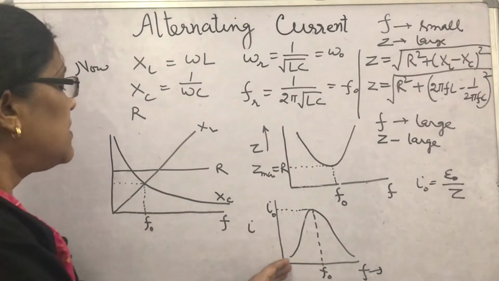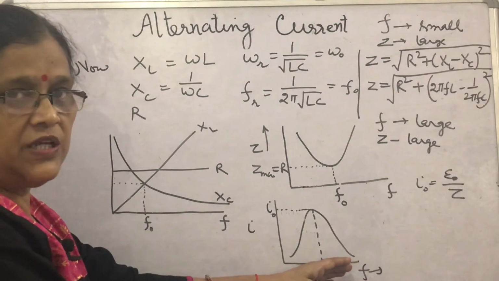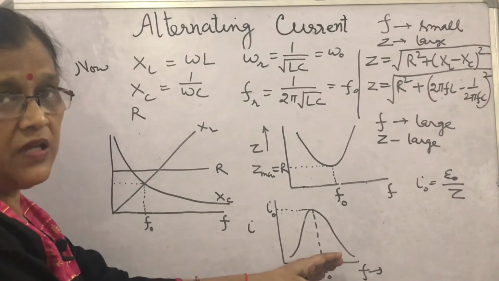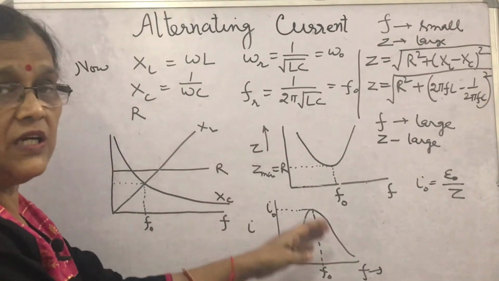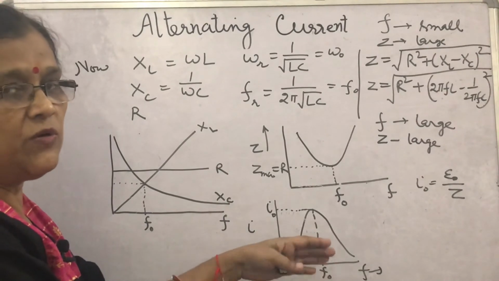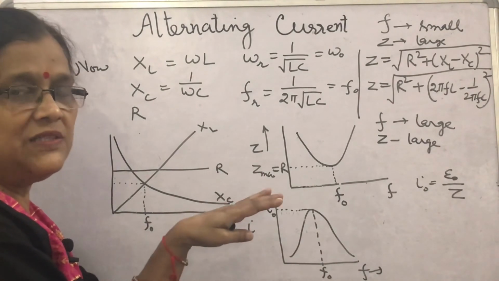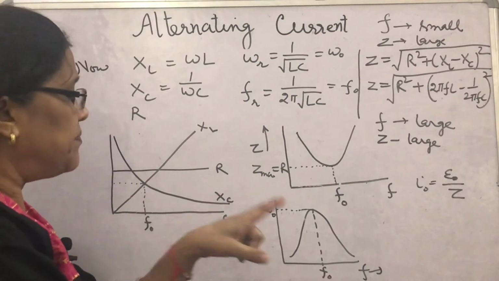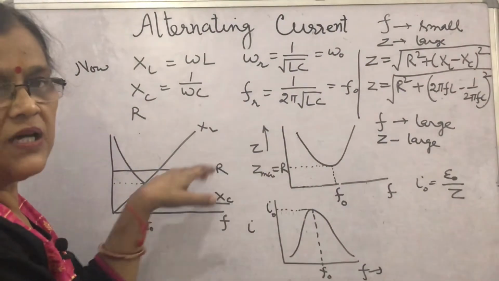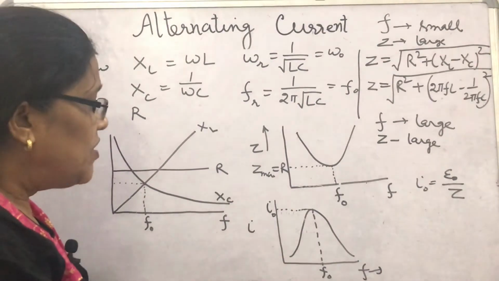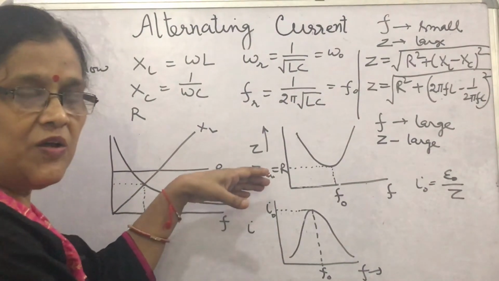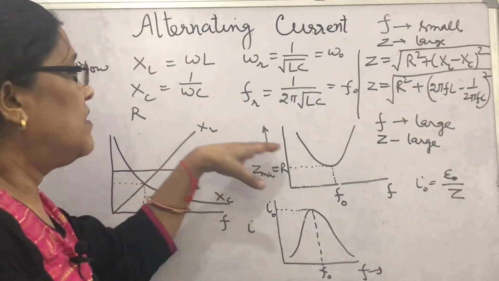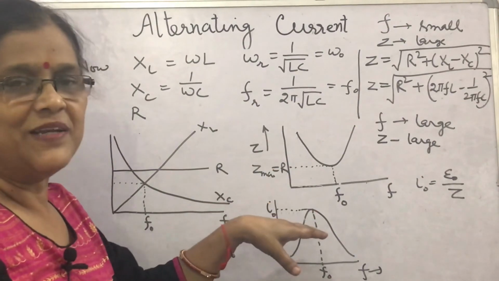The same will be the graph for power. We will see that the power in the AC series LCR circuit is also maximum because cos phi is R by Z, and Z is R, so cos phi is 1, maximum. So in this way the graphs are plotted. Now in the numerical we will find how the values are calculated.